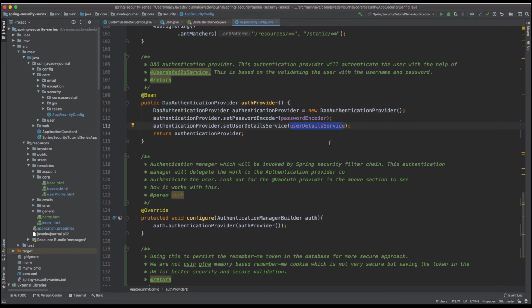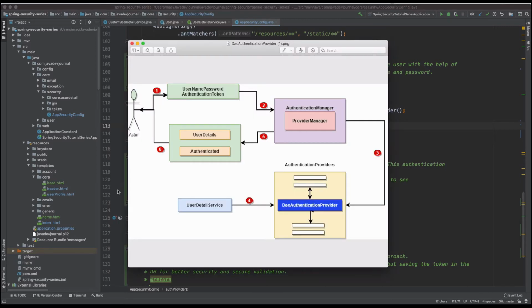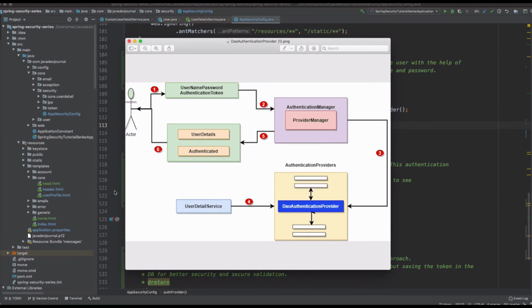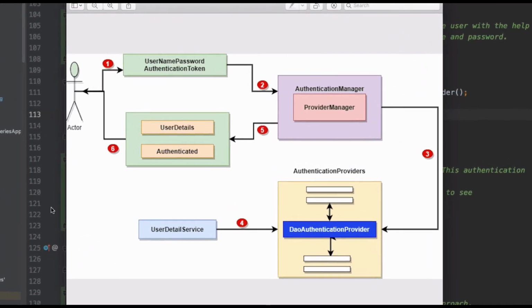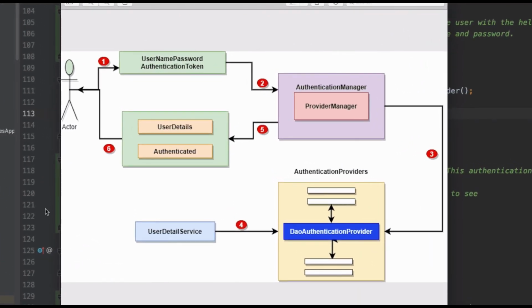It seems like a lot is going on, so let me help you with a standard workflow. This is a high-level workflow, and make sure that you know how this authentication provider stack works. Otherwise, everything will be confusing, and you will not understand how this user service is being used.